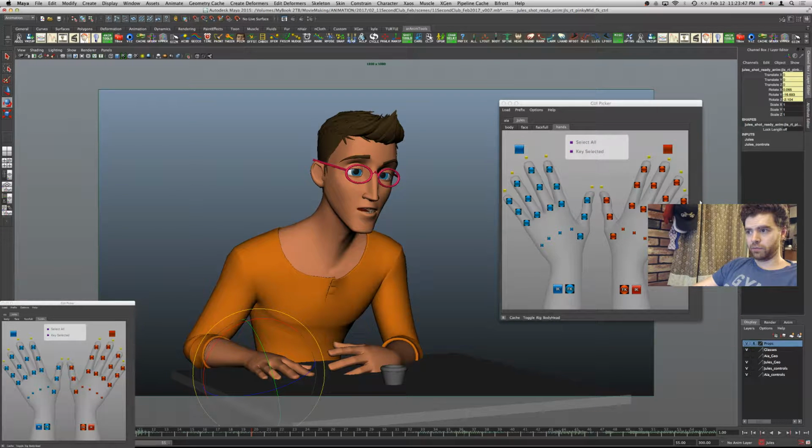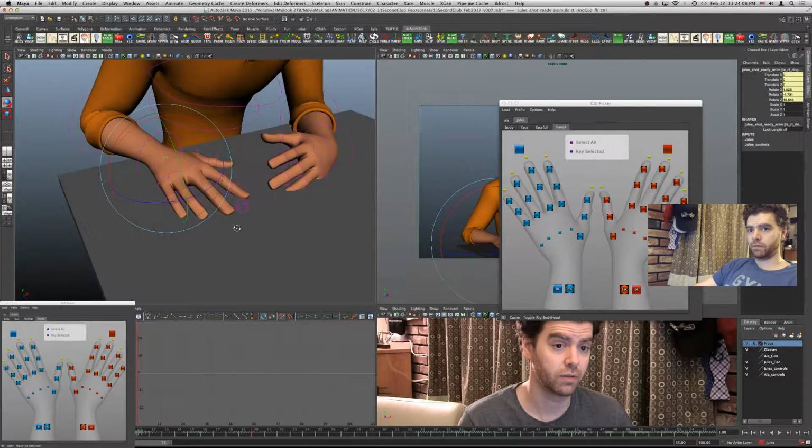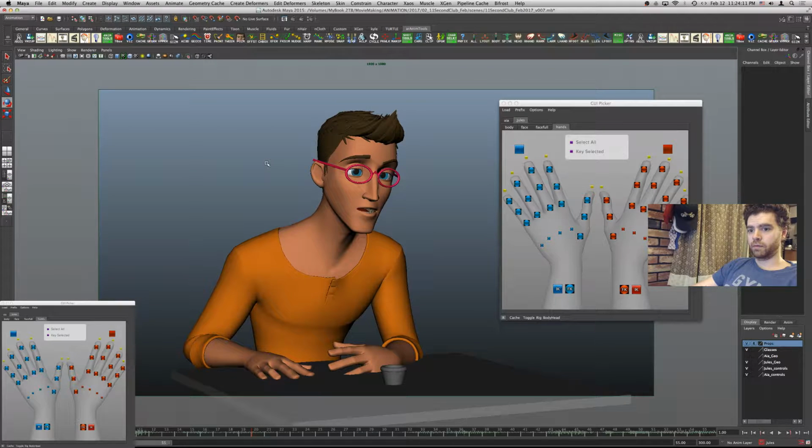Trying to get a little extra curve to these bottom joints, which means I have to pull these up and out a bit. I'm not happy with this at all.